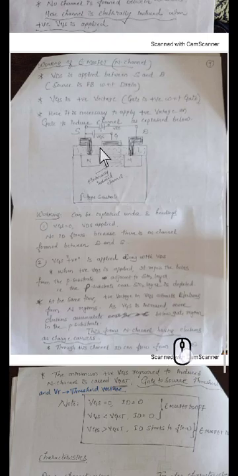So, the minimum value of positive VGS in order to create this channel is called the gate source threshold voltage. That is the minimum value of plus VGS required to induce a channel between these two blocks so that current can flow through here. That is called gate source threshold voltage, which we indicate by VGST. So this is all about the working of the enhancement MOSFET, that too the N channel enhancement MOSFET.